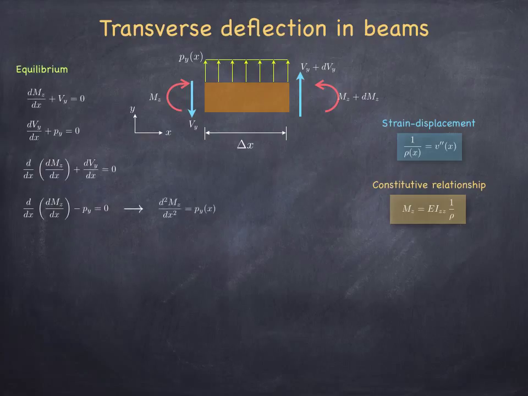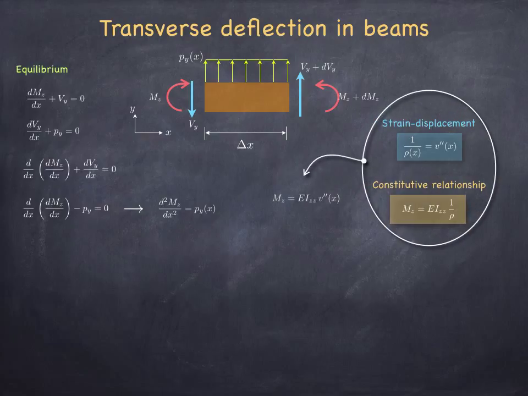So now if we evaluate this derivative, we see that the second derivative of moment is equal to the transverse load at any location along the length of the beam x. From the expressions on the right hand side, we see obviously that the bending moment Mz is equal to the bending stiffness EIzz times the second derivative of the transverse displacements, and we can take this expression for a moment